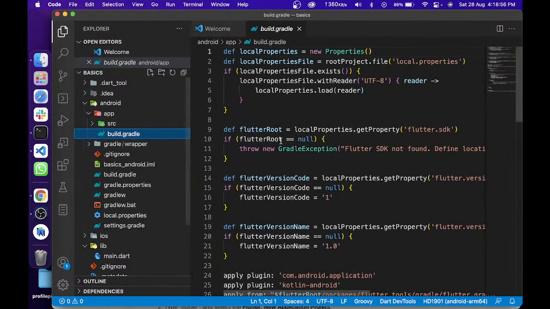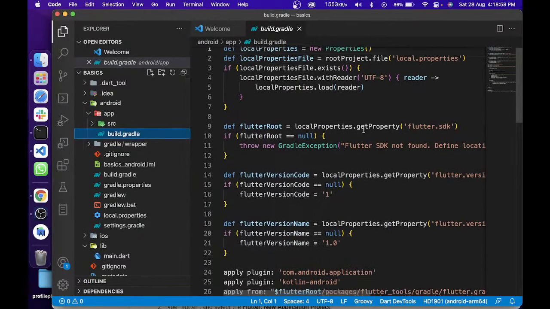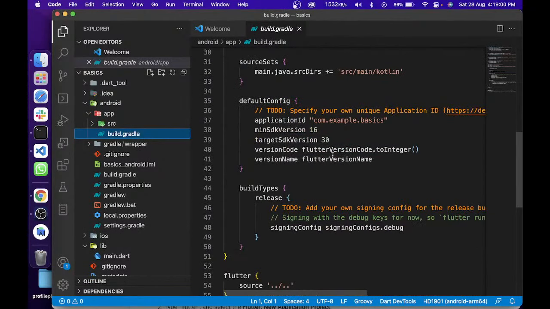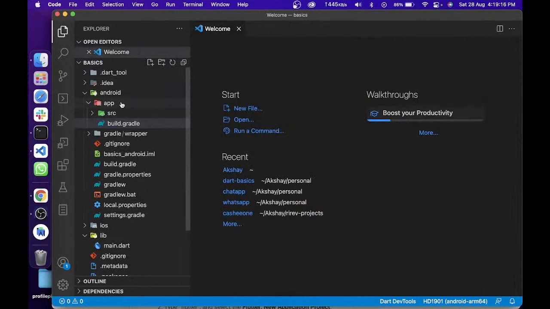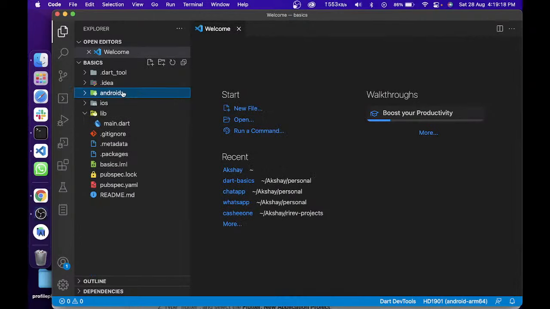It helps you build the Android application, and it contains a lot of configuration files for the Android application as well. So I think right now, Mr. Sai Sampath, that's enough. You can just Google what is Gradle, because